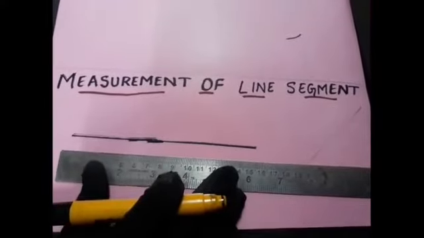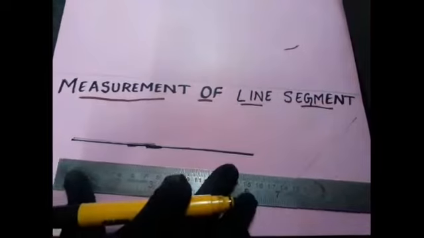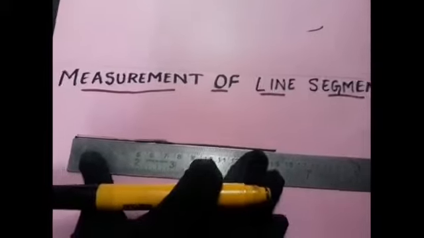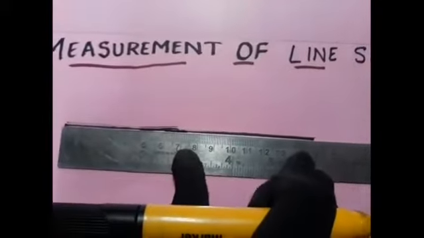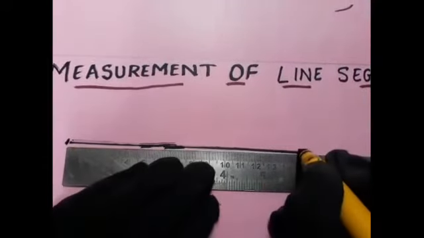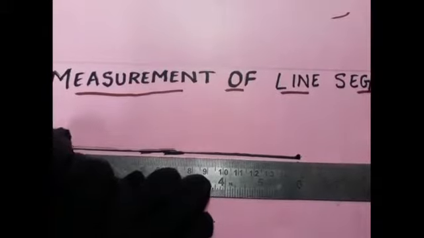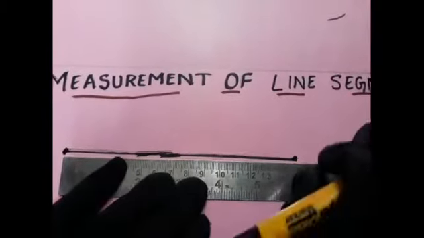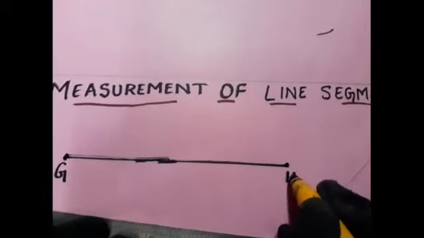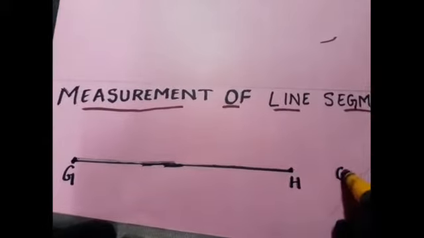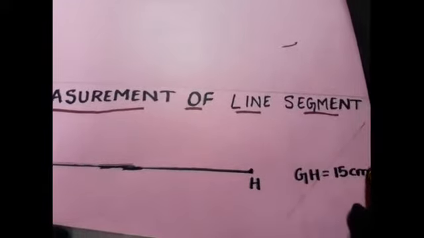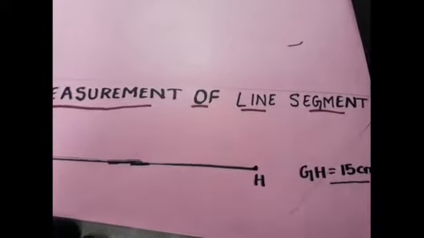Given, measure the following line segments and fill in the blanks. They have given you the line. So this is the line that maybe I have given for you. So always start measuring the line from 0. You have measured the line. It is 15 centimeters. Mark the points. How many centimeters is it? 15 centimeters, and name it with capital letters. Any letter it may be. It may be G and H. So the measurement of line GH equals 15 centimeters. This is the way to measure a line segment.